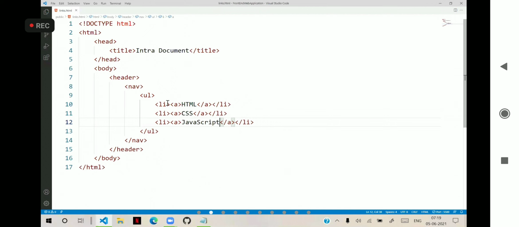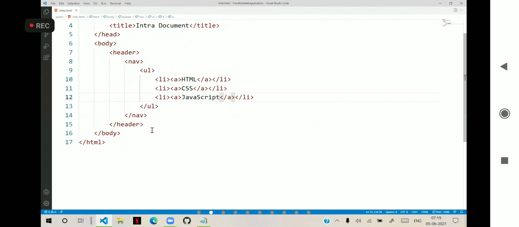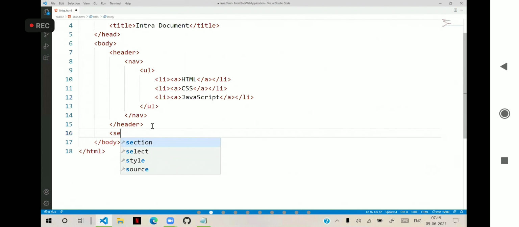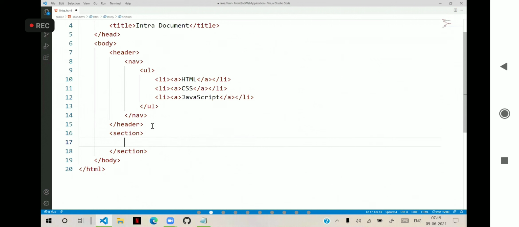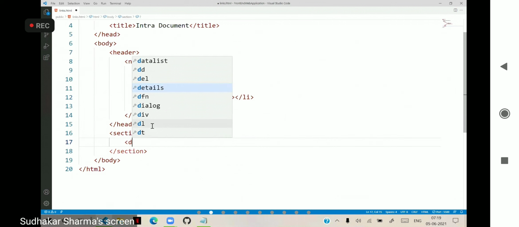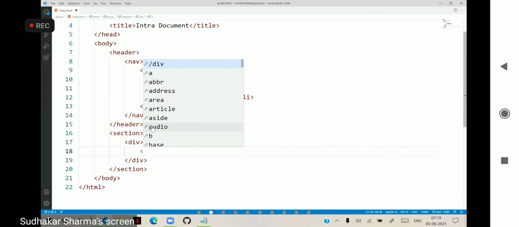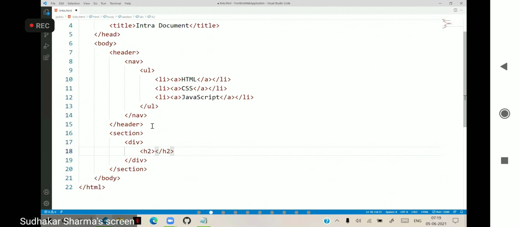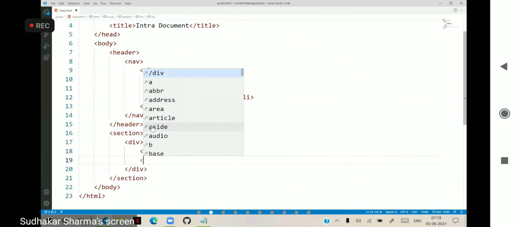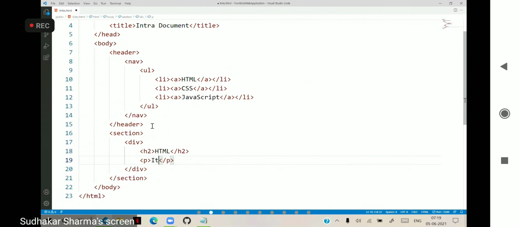Now, under this I will create a section. In the section we have a div, and in that a heading HTML and some paragraph. It is a markup language, something like this.